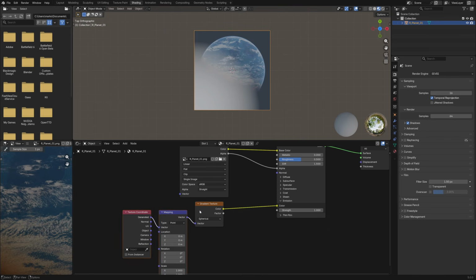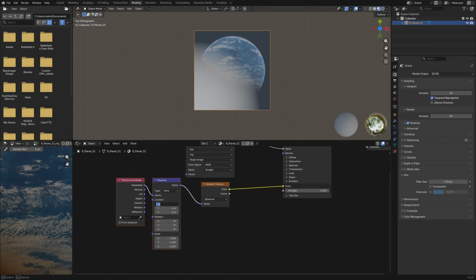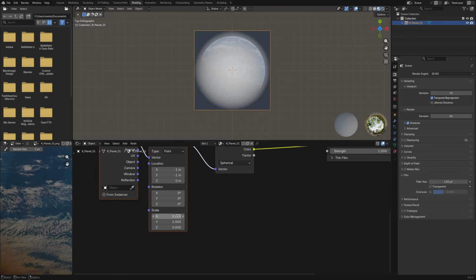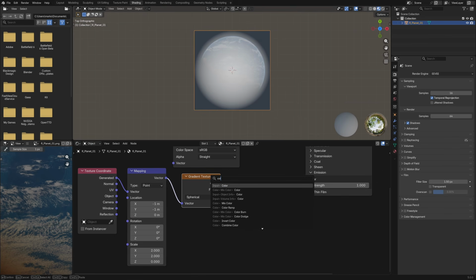So Control T, if you've got the Node Wrangler enabled, it'll automatically add in texture coordinate and mapping nodes. From here, the location is going to be 1 on the X, 1 on the Y, and we will scale this 0.25, 0.25, 0.25. I'm full of lies. Sorry, we'll try that again. -1 and -1 on the X and the Y location, and then scale will be 2 on the X and the Y. From here, we're going to add in a color ramp